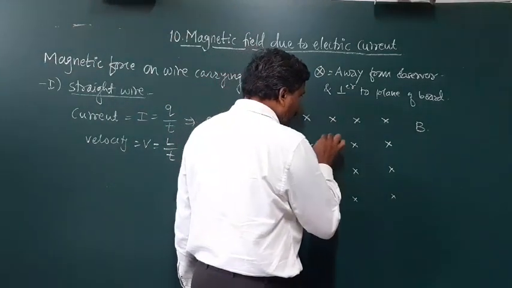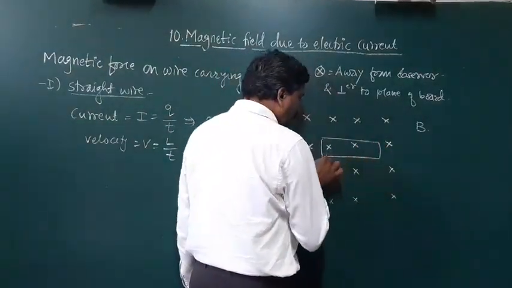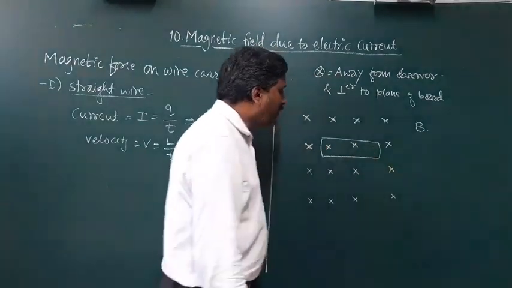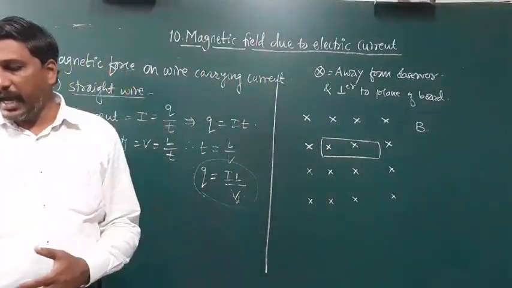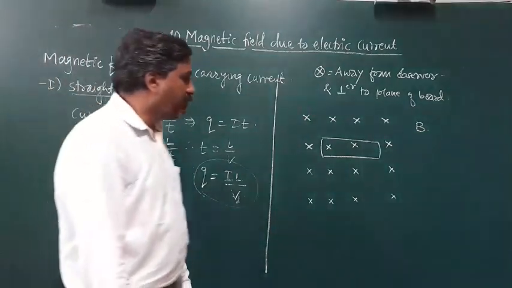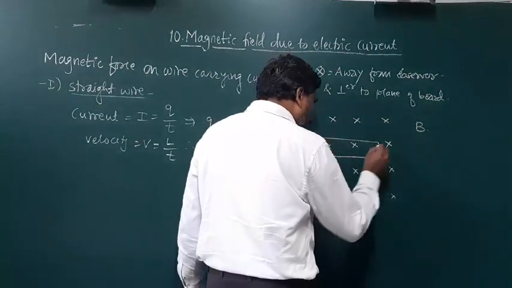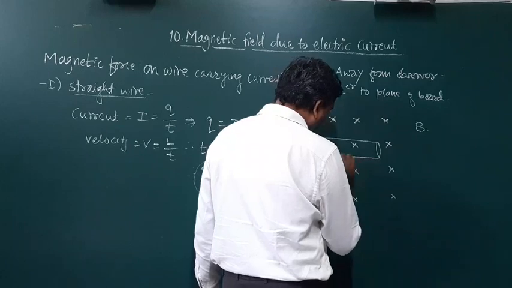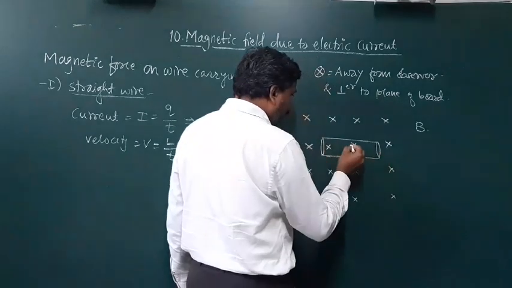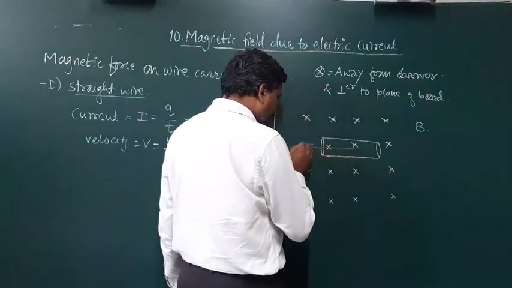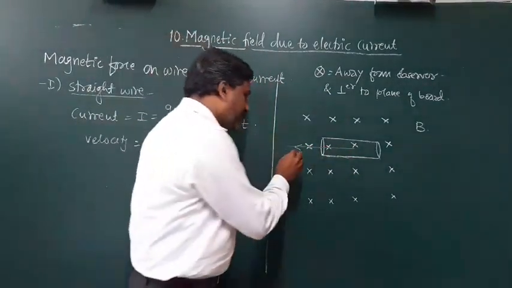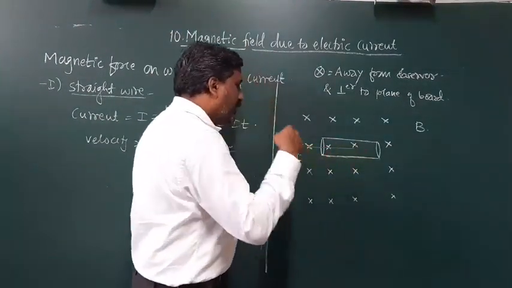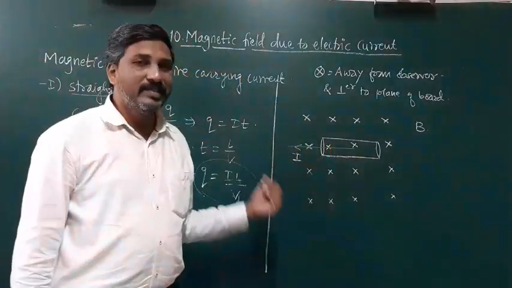I will just draw one conductor. This is my conductor whose length is L, no doubt about that, and through this conductor I amount of current is flowing, meaning the electrons are flowing through the cross-section area of the conductor, and these electrons are flowing in this way. Therefore this is the direction of current. Now the magnetic field is exactly perpendicular, and the current is moving exactly horizontal.